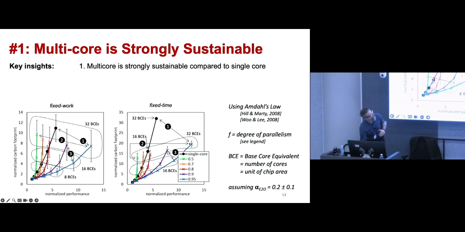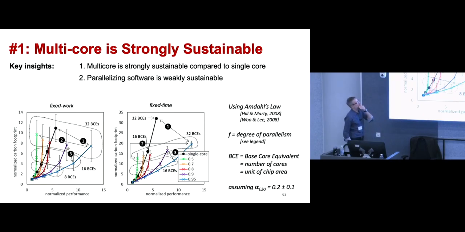When you compare these two design points here, we also see a reduction in carbon footprint. This was definitely not the intention of the industry. They went multi-core because they had to, because of post-Dennard scaling, but as a nice benefit compared to single-core processors, it also reduces the environmental footprint.